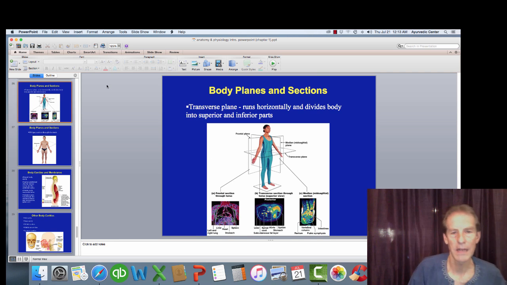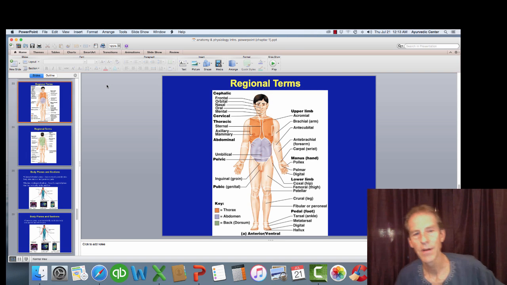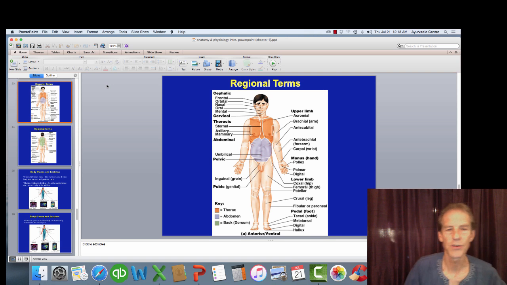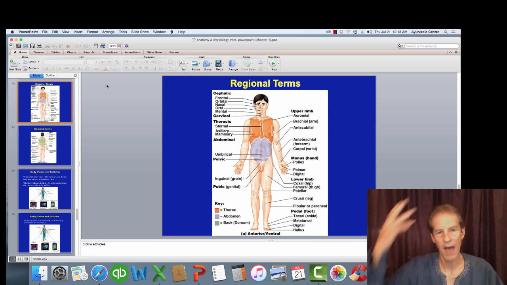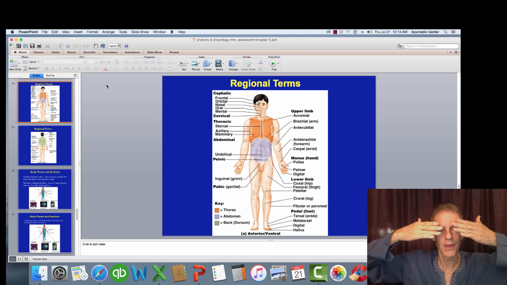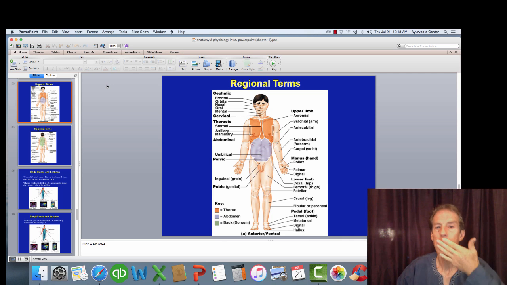So each of the body parts in regional terms has been named. In this cephalic or head region, we have the frontal area, the orbital area, the nasal area, the oral area, and the chin is known as the mental area. The ancients believed that people tugged on their chin when they were thinking, so that's why it's called the mental area. Interesting. The thinker. The cervical area refers to the neck.